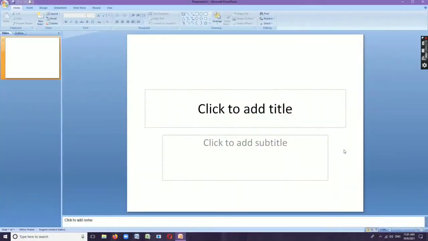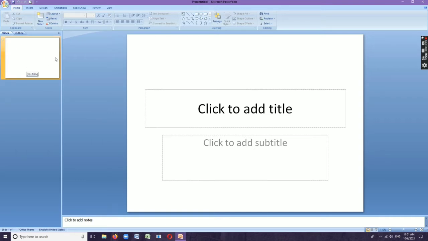Good morning, dear children. Today, let's discuss the topic of creating a blank presentation by simply inserting text and images. Whenever we start the MS PowerPoint window, it opens a new presentation and its name will be Presentation 1. On the title bar, we can see the name of the presentation as Presentation 1.